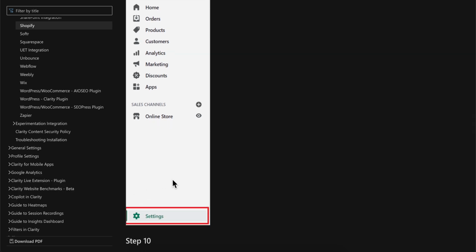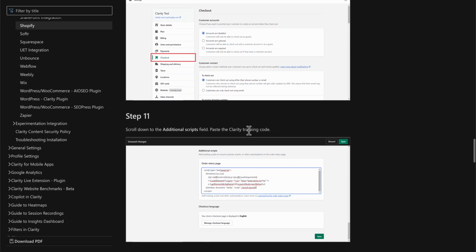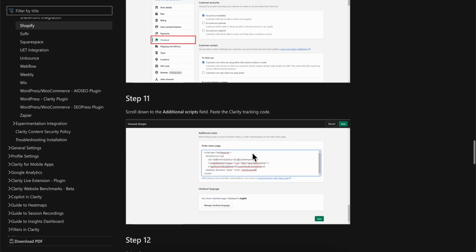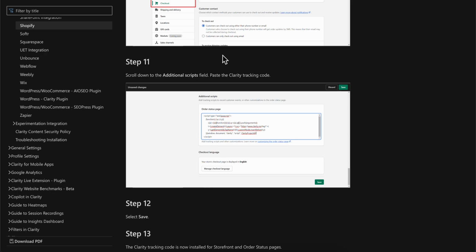So you're gonna have to go to your Shopify settings, then simply go to checkout, and then simply scroll down to the additional script field, and again paste the clarity tracking code, and then simply click on save, and that's